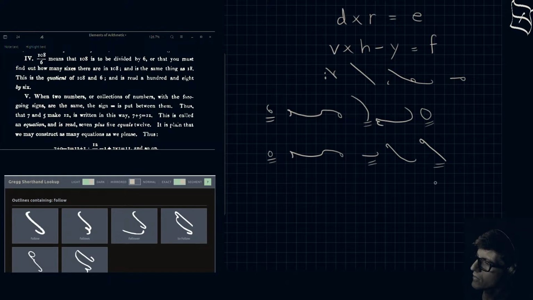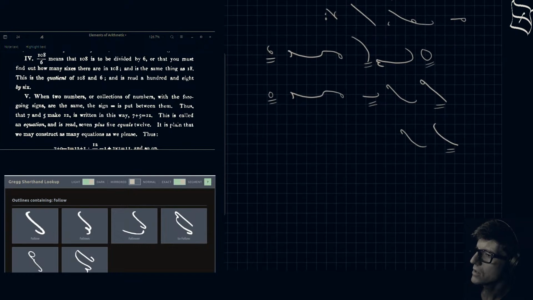So you would say V into H. And what is H in Gregg? I forget what H is in Gregg. Let's see. V into H. Would that be just the ch symbol with a dot over the top? I've never actually looked into that. Let's just, out of curiosity, see what that is.